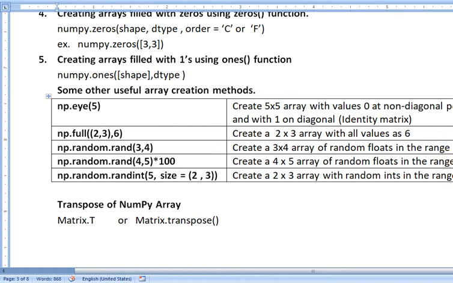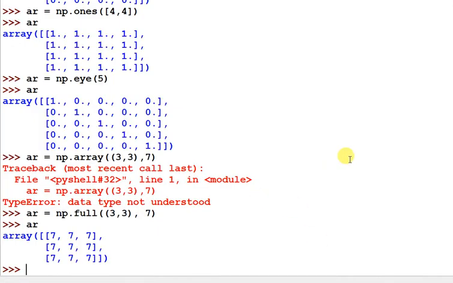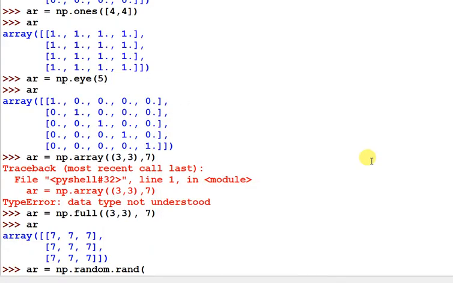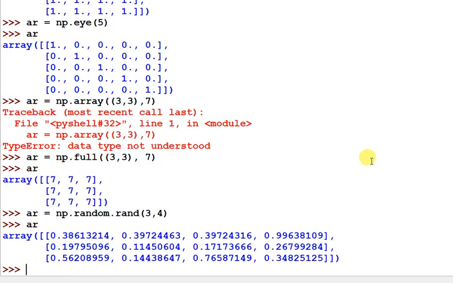Suppose I'm using np dot random dot rand, and you just have to pass 3 comma 4, and look at here.